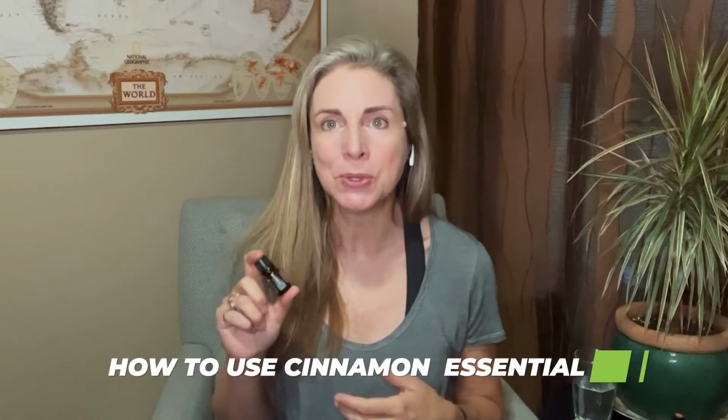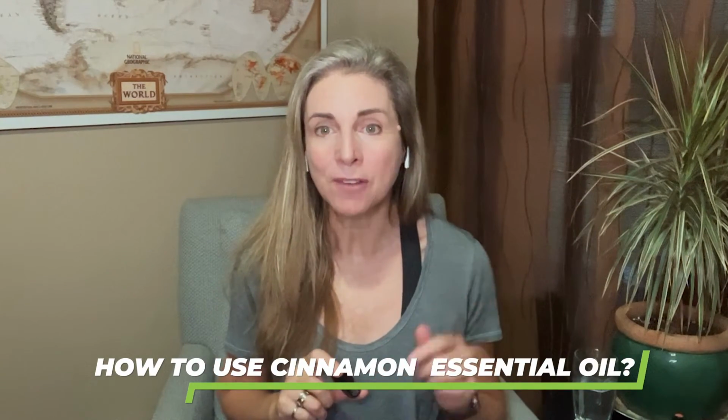There are a lot of big words that surround this in terms of the chemistry, but really, how do we use cinnamon essential oil? First off, cinnamon oil is a hot oil. It can be sensitive on your skin. So when using it topically, make sure it's diluted, and you may want to use it in a veggie cap or dilute it with food when you're using it internally. Dilution ratios are all included in that Essential Oils for Your Dosha guide. Now, we can use it topically